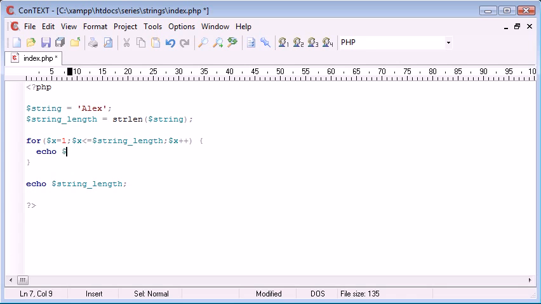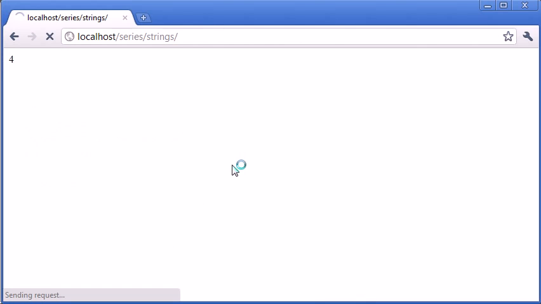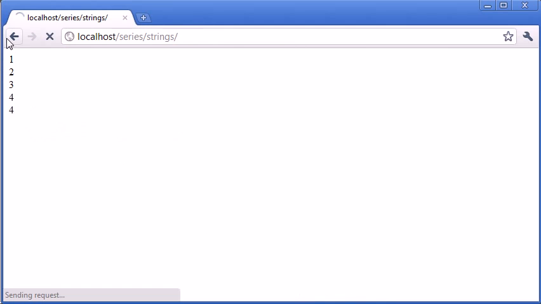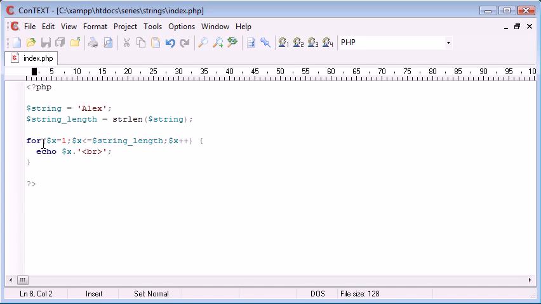Now what happens when we echo our x? Let's just keep an eye on what happens. We can append a break to this as well. So let's go and refresh. You can see that we've got 1, 2, 3, 4 and 4. That's because we're already echoing that out there, so we can get rid of that. Okay, so we're echoing 1, 2, 3 and 4. So you can see that already we're counting through and we're only looping 4 times, because we've determined that the string length is there. This example might not particularly make sense to you now, but later on when you need to loop through a string,